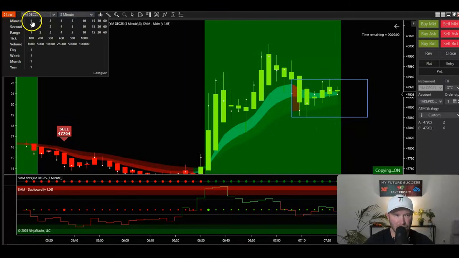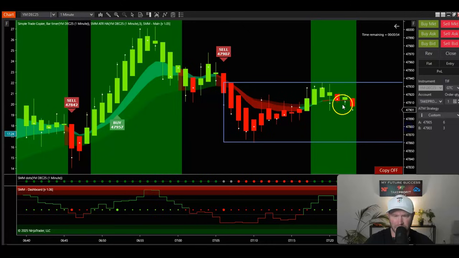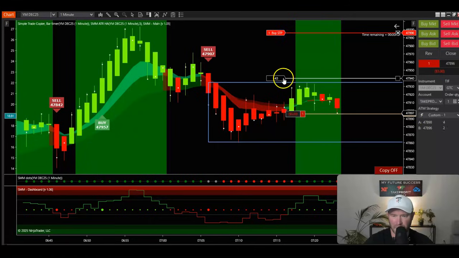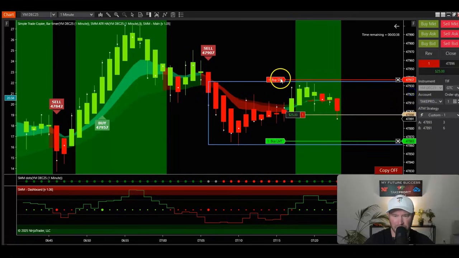Let's go back down to the 1 just for a second to see exactly what's happening. This is where we can actually see within that box. There we go. This is that continuation to the downside. I'm going to be selling in right now. I'm going to go ahead and enter that. I'm going to have my stop right here for a moment. I'm going to adjust my TP on the bottom. This is where I want to see this run down to, which would be really nice.